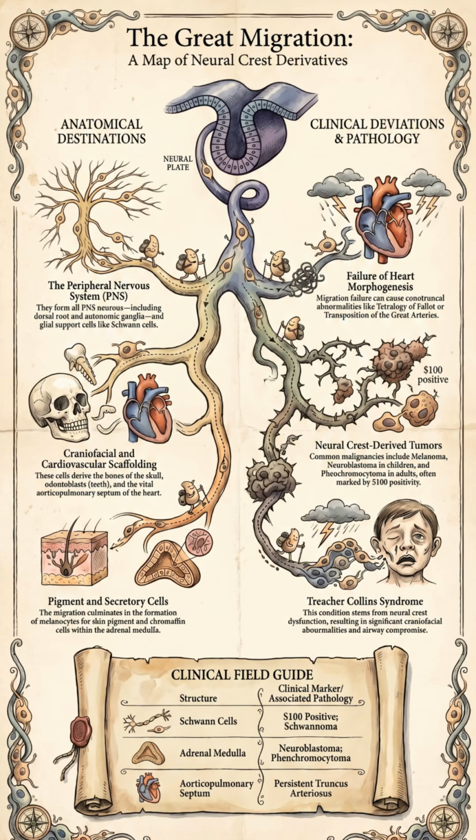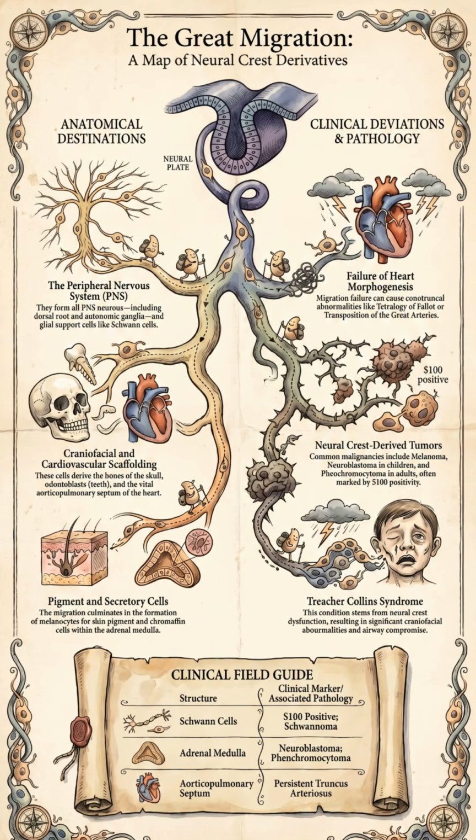Neural crest cells arise from the dorsolateral aspect of the neuroectoderm at the boundary between the neural plate and surface ectoderm, transforming into a migratory cell population during neurulation. This transition, guided by the sonic hedgehog and bone morphogenetic protein gradient, is essential as these multipotent cells disperse throughout the developing embryo to form an extensive variety of tissues and structures.